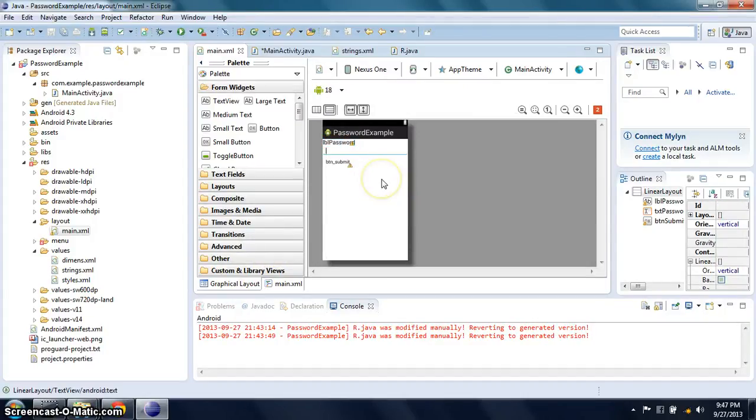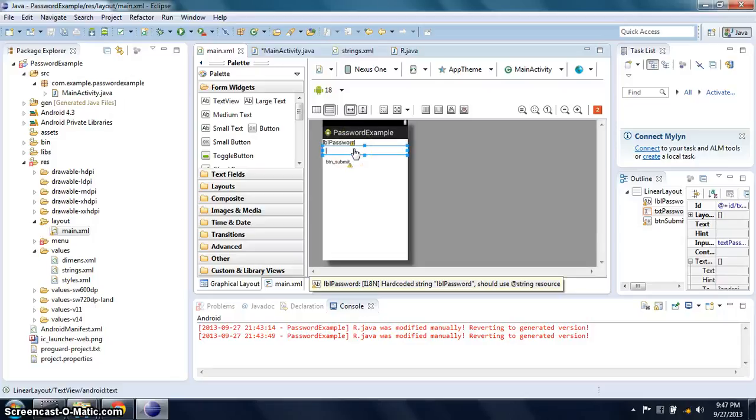So this is the password field. Once you have created the password field, you are now done with this tutorial.